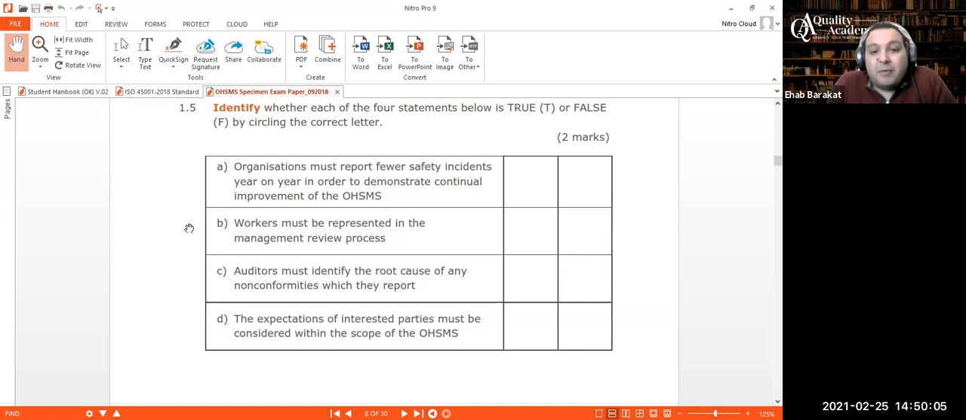Workers must be represented in the management review process. True or false? Auditors must identify the root cause of any nonconformities which they report. True or false? The expectations of interested parties must be considered within the scope. True or false? So you just need here to write, is it true or false? That's all. You will find it in the